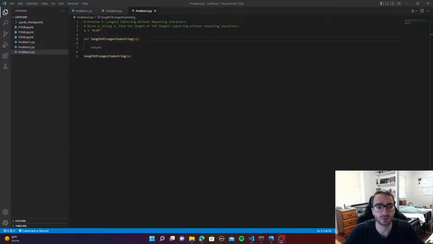This is my solution for problem 3 of the LeetCode challenges called the longest substring without repeating characters. The description says, given a string s, find the length of the longest substring without repeating characters. At the top, I've just initialized a random string, and over here is the shell for the function which I'm